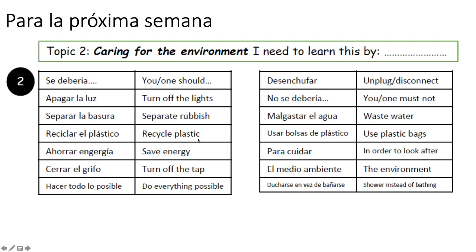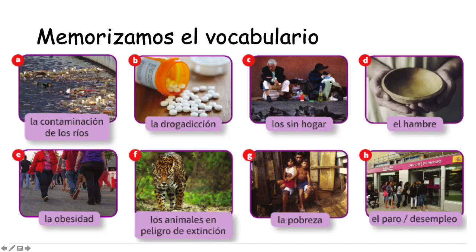Now, I'm not going to read all of them. Just write them down. If there's any word that you don't know how to pronounce, just let me know and I can send a voice message on MS Teams to the whole group. Possibly the most difficult one could be this one. It's not difficult, looks challenging. It's desenchufar. Desenchufar. Yeah? Right. Vale.